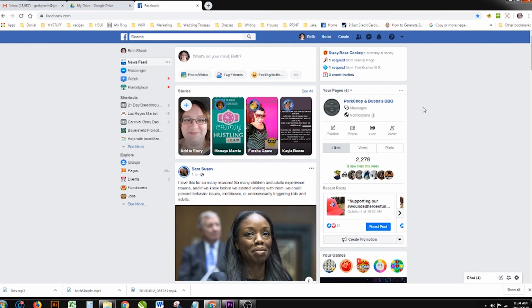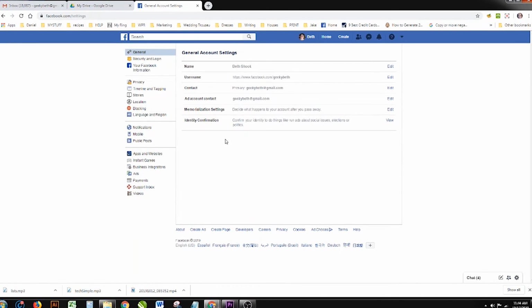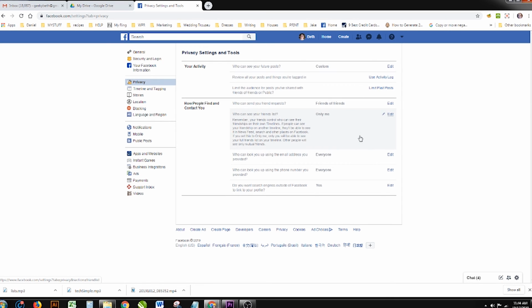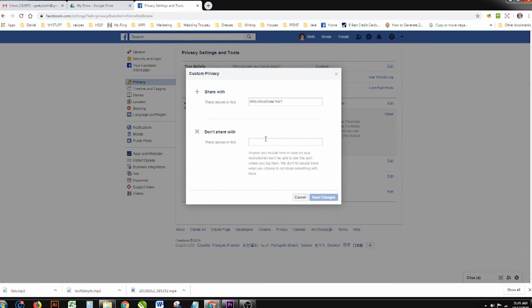Another way that the lists make you more efficient is by using them inside of your security settings. So to get there, you click on the drop down in the upper right hand corner, you come down to settings, then over here on the left hand side you're going to click on privacy, and this is where you can change who can send friend requests, who can see your friends list, who can look you up. The big one is your friends list, so you could edit this and then under here click custom, and once again you can type in the name of your group,